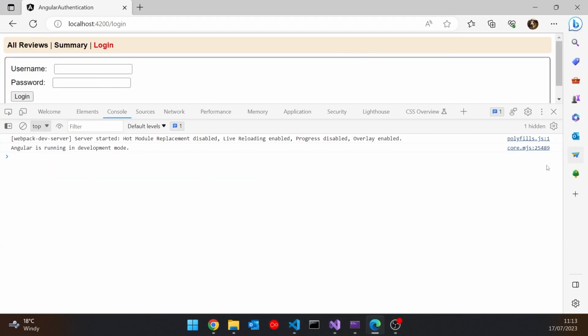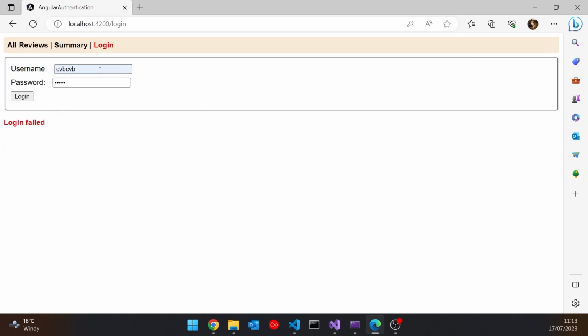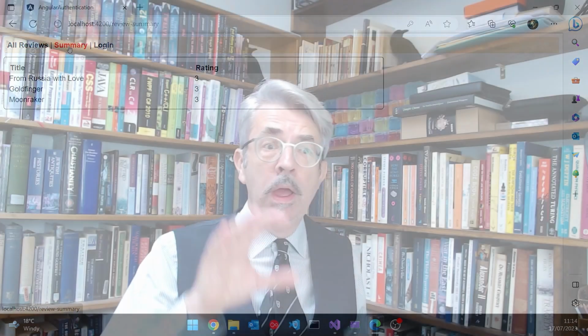So now if we log in with garbage, it gives us the error, but if we log in with a valid login, then it logs us in, and we don't get that delay where we saw "you're logged in" first and then the time. It all comes in together, and that's all working fine. So what we've done in there, we caught any errors, and having caught errors, we discovered a hidden error we didn't know about and sorted that out as well.